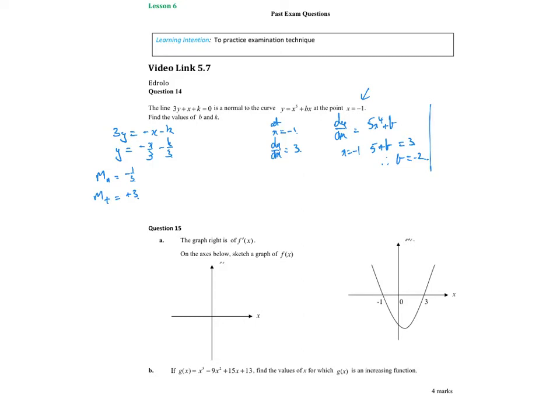So what else do we know? We get y equals x to the 5 minus 2x now, and at x equal to -1, I get y equal to -1 plus 2, which is equal to 1. So it goes through the point -1, 1. So my normal line has to go through the same point, which means that x equal to -1, y must